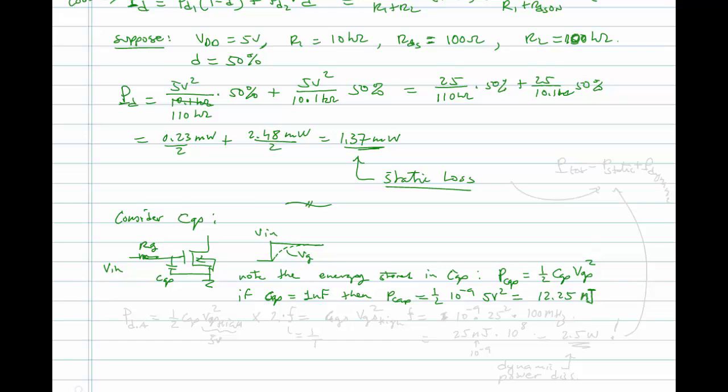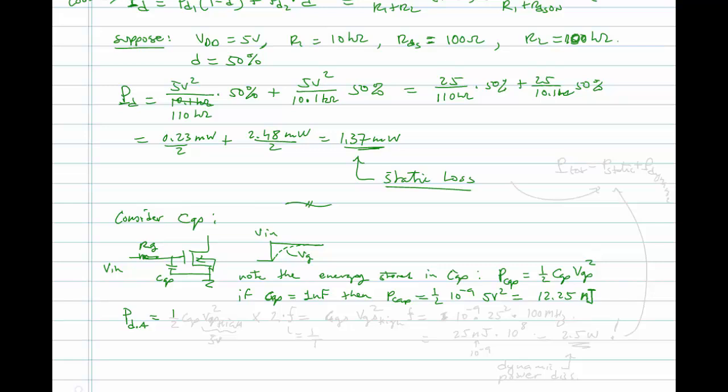nanojoules. Okay, so what happens is every time you turn on the gate, charge the gate up, you're actually storing that kind of energy in the capacitor, and every time you turn the gate off, you're discharging that energy. And although we're not going to show it here, it turns out that you will actually dissipate the same amount of energy as you store. You will dissipate the same amount of energy in the gate resistance as the energy that you store in the capacitor. So we can say that a power dissipation, an active power dissipation, so I'll call it dA, is equal